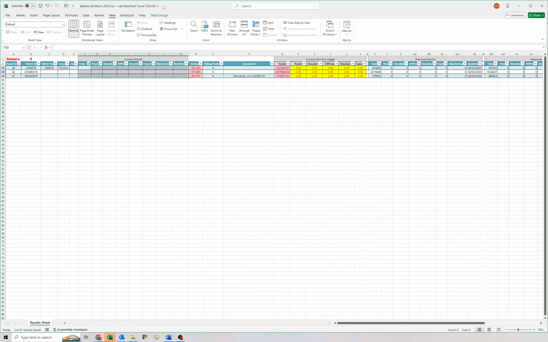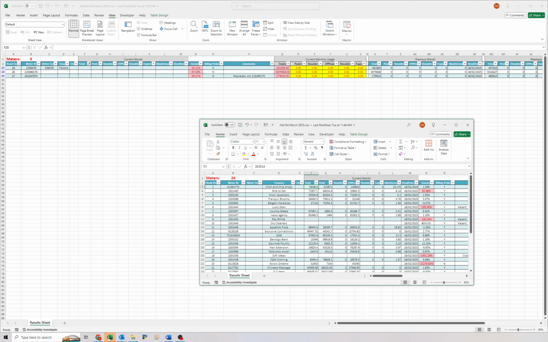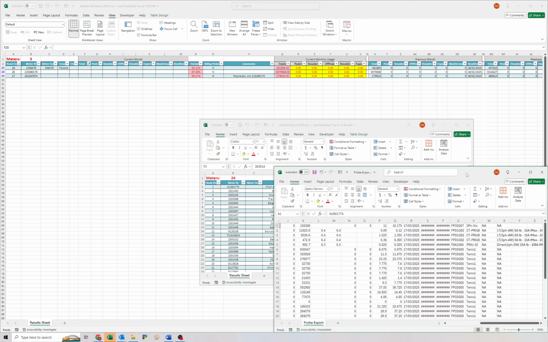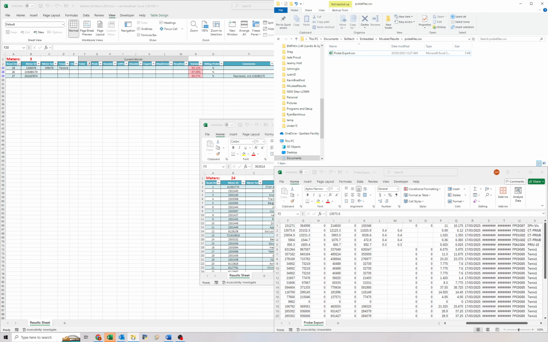So I'll go from one to the other, doing all of the process, putting all of the M-cube data into it. And this is because, if you think about it, this M-cubed data file is called probe export CSV. The other probe export file will also be called probe export CSV. You can only open one at a time. So I like to do the M-cube data first, then I'll close this M-cube data, and then I'll open my other probe export,